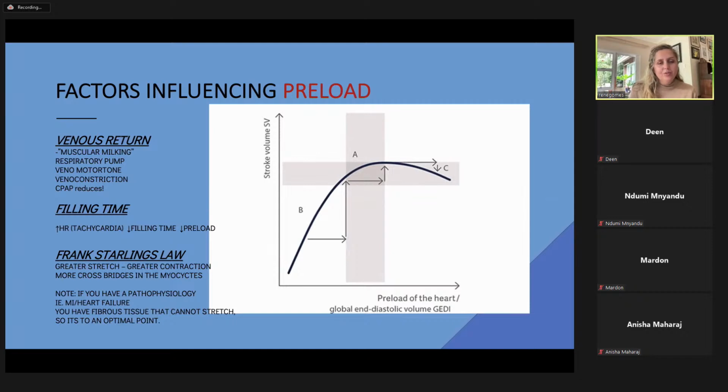Okay. Another factor is Frank-Starling's law, and that is all about the elastic band, about the stretch. So remember, this story is about how preload affects contractility. If you pull on an elastic band, and you pull it even more, you'd expect to get more power as it shoots. And that's kind of what they were saying. These two cardiac physicians were saying, we need the ventricle to stretch a bit so that we get more cross bridges in the myocytes, which are the specialized cells in the myocardium. And with a bigger stretch, there's going to be a bigger contraction. So increasing the preload might even increase your contractility is what they're saying. But while that's definitely true,